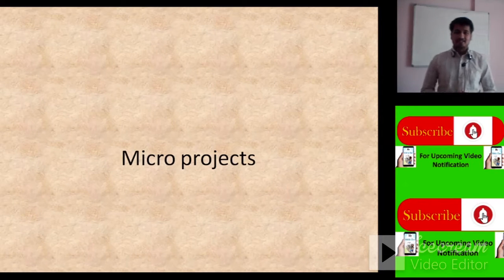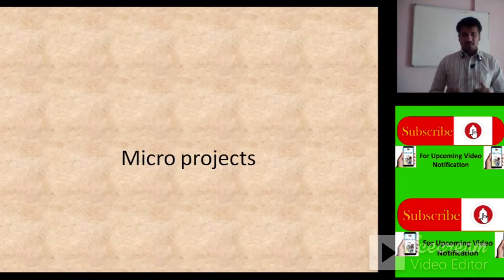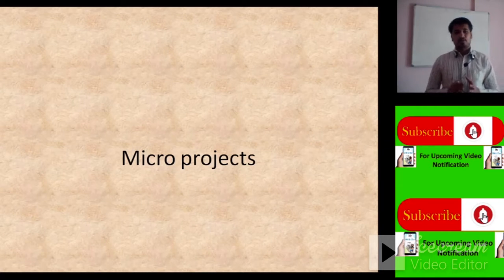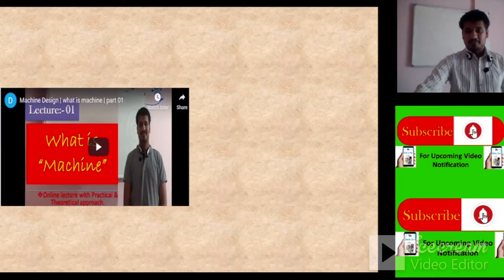And then the last point is the micro project. In this subject you are going to prepare a micro project, but individually. Up to the fourth semester, that is the last semester, we have a group of students, maximum 3 students, and all the students are making a project which we call a micro project. But from this semester, that is 5th semester and 6th semester, you have to make your micro project individually, and it is for 10 marks.